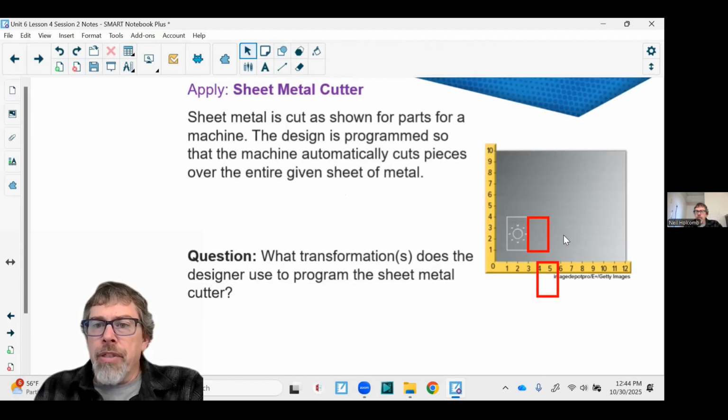And just to save material, you could have the cut side right next to the other one. So when it cuts this, it's the left side of the image and the right side of the pre-image. And that is a translation of 1, 2, 3, or 1, 2, 2. So I went from 3 to 5, and I went from 1 to 3. So if I duplicated this repeatedly,